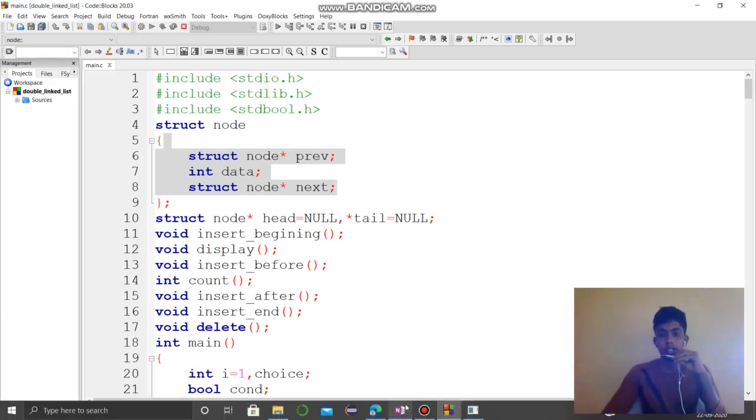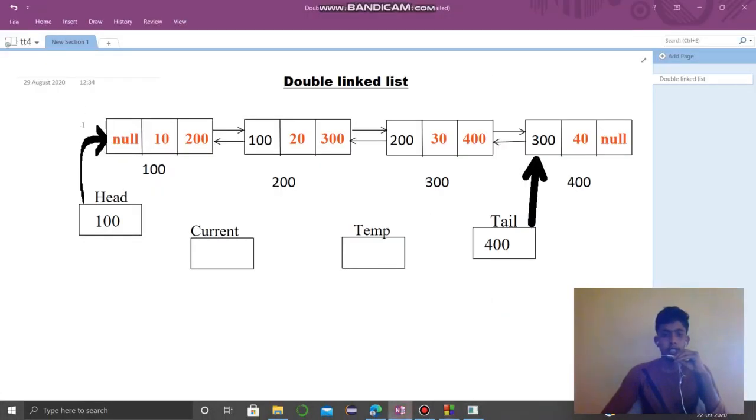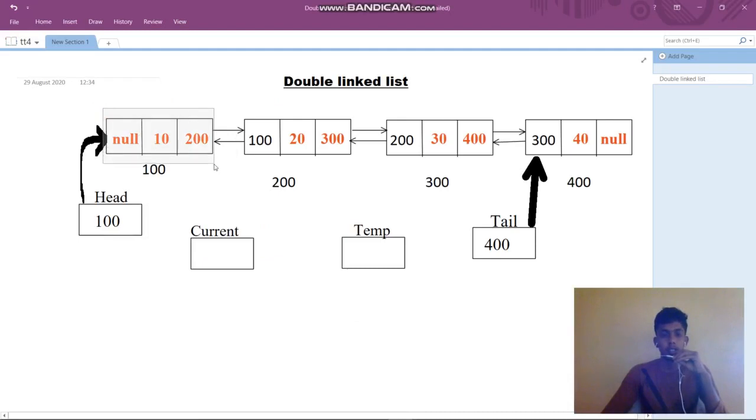Let us consider, this is the node. I am assuming 100 is the starting address of this memory. Similarly, it will allocate for every node.